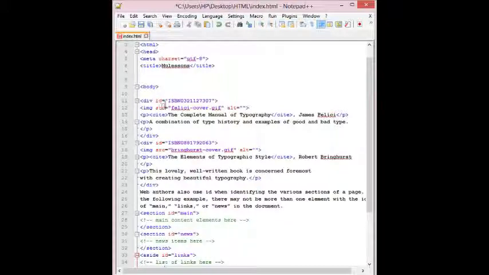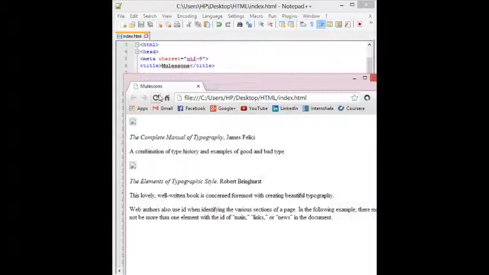Okay, so here you can see that for every book I have different IDs. So if I go ahead and save it and now run it, you can see that it has different attributes for every book.